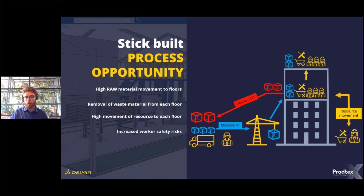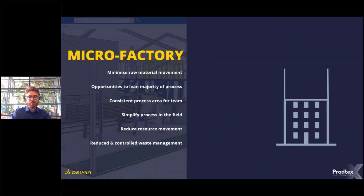And then when you go up a floor in a building or to a different location, all of those same resources, products, equipment, all of that setup has to move constantly within the site. And this can take quite a long time to do. There's obviously a time impact of moving equipment. The other impact is when people move all the time, moving all of their setup, are they going to have the most efficient process and setup every single time? Probably not. So there's some room for improvement there, which thankfully this webinar we're going to dive into,